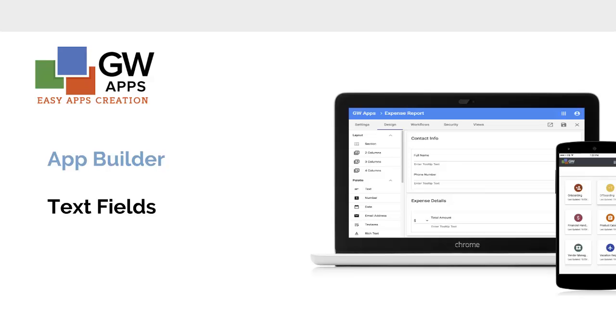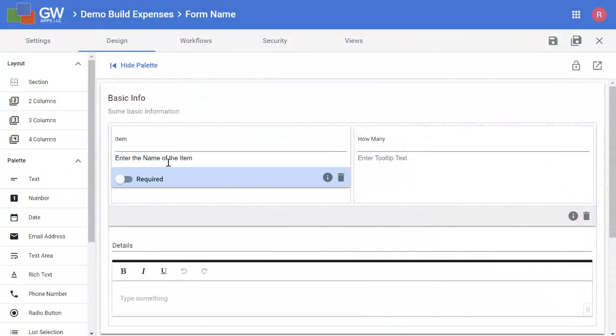In this video, we're going to look at the most common settings available for a text field. This item field here is a text field. Directly here from the field, I can change the field label. I can also change the tooltip text, or add tooltip text if there wasn't any. I can also click here to make it required, which means this field must have content in it or the